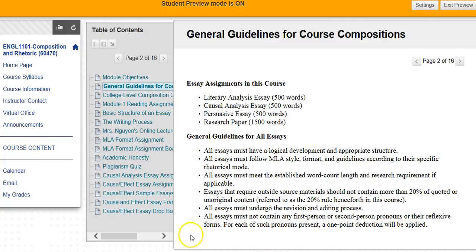So what that means is that in all of the writing, in all of the essays and research paper that you will be submitting, and the final exam that you'll be submitting for this class, you should not use the first person or second person pronouns, and that's really my attempt to compel you to use your formal academic voice in writing. Okay, so nowhere in any of your essays or research paper should I see